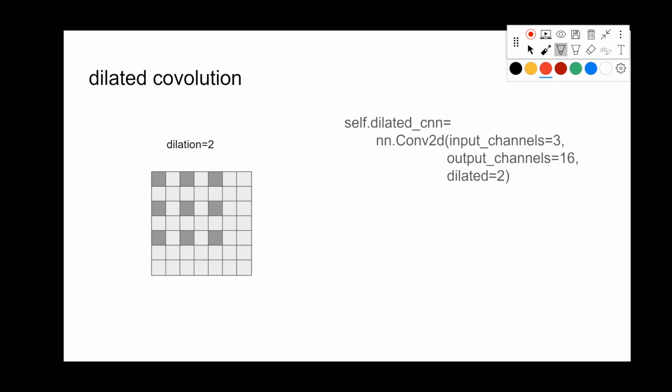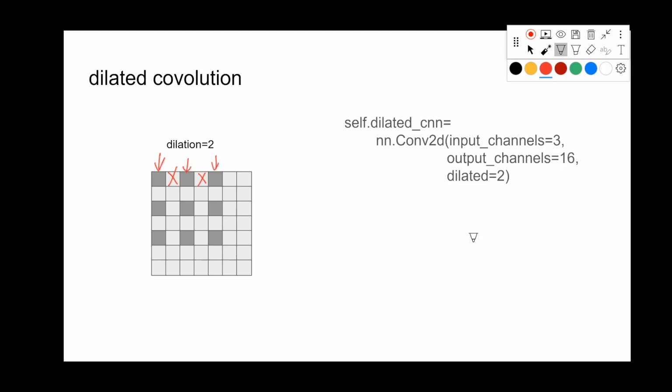For example, here we will take the first pixel and skip the second one, take the third one and skip the fourth one, and take the fifth pixel. In this way, it's still 3 by 3, but actually you get the pixels from a 5 by 5 image.